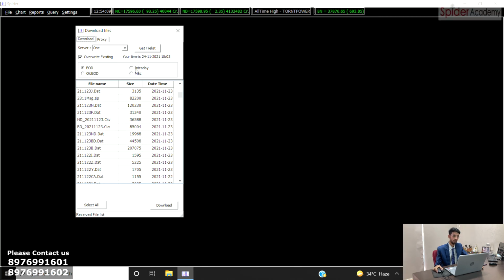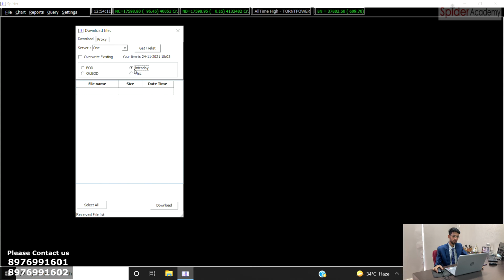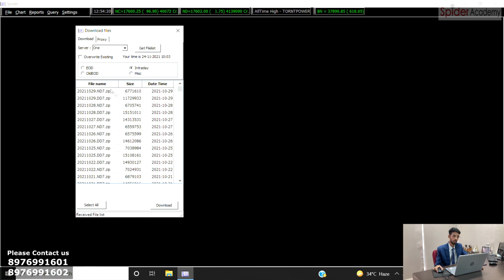Now we'll see how to download intraday files. When you click on intraday and click on get file list, you will get the files. In that you always have two files for IRIS Plus users, ND7 and DD7.